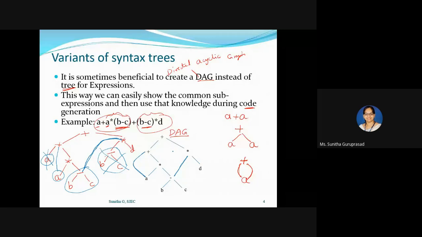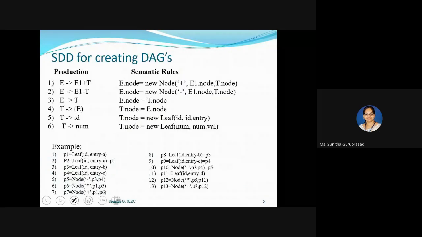And before creating all these nodes, we usually use some steps like this. You can see here, these are the examples of creating the leaf node. This is the sequence of steps that are followed in creating the DAG.